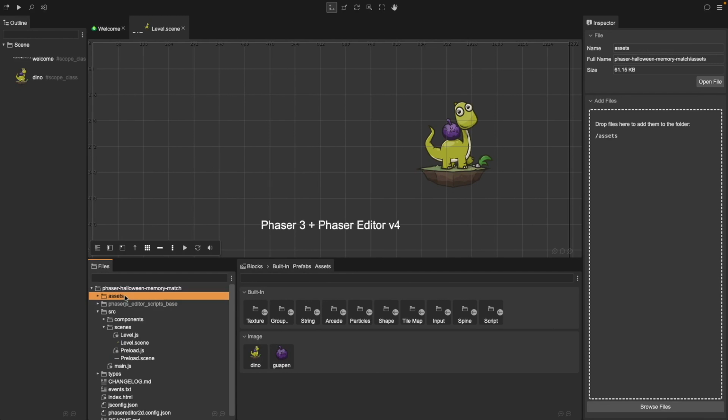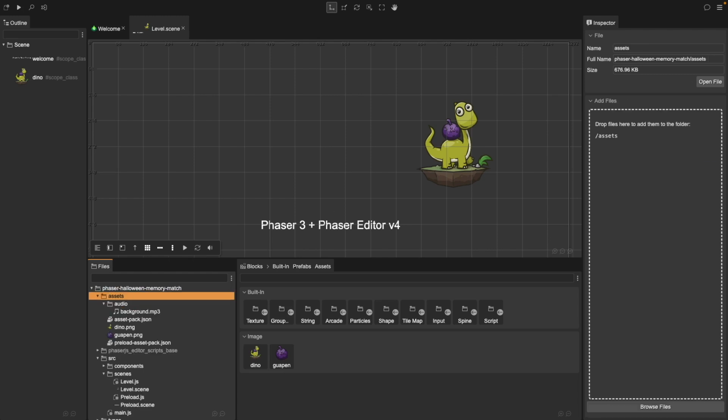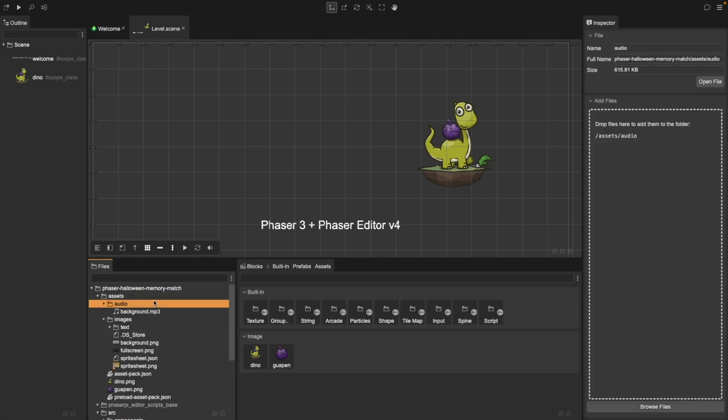To do this, let's go ahead and choose Assets, and then from here, we can drag and drop our assets that we'd like to add to our game, or we can do Browse to add our files. So for this, we'll just drag over our folders. So we'll do Audio, come back to Assets, let's do Images,